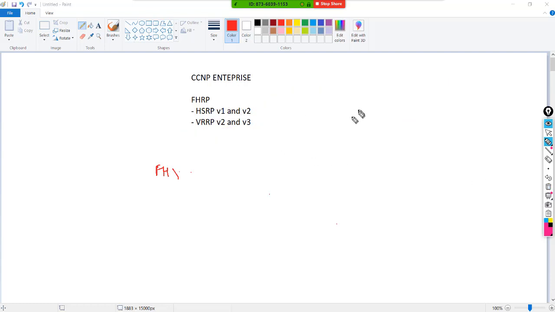Now, for someone who is joining the class for the first time, let me tell you where we use these protocols. The best network practice always says that don't rely on a single device or a single point of contact. Let's say this is an enterprise network: I have a PC user, a Cisco switch, and a Cisco router, which connects to the ISP.